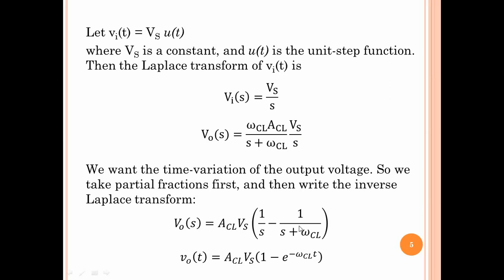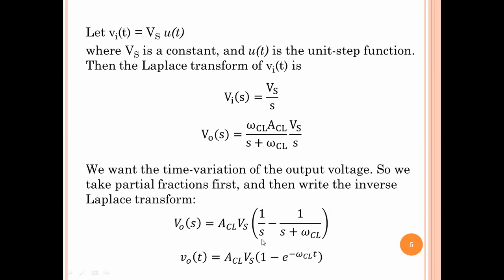So we do partial fractions here. VO can be written as A CL and VS come out, and the rest of it can be written in this form. You can easily verify that these two are equal. Having written in this form, it is easy to take the inverse Laplace transform, because the inverse Laplace transform of